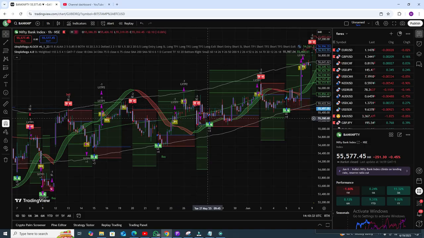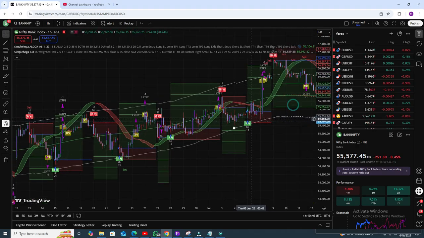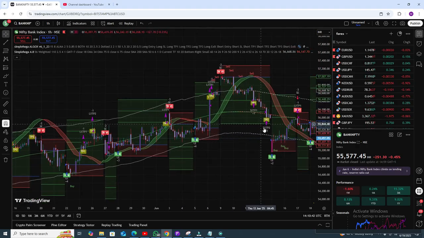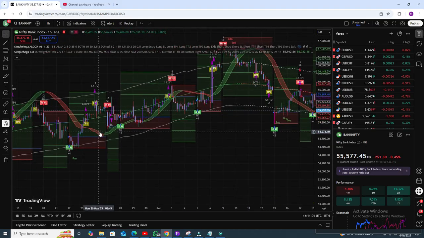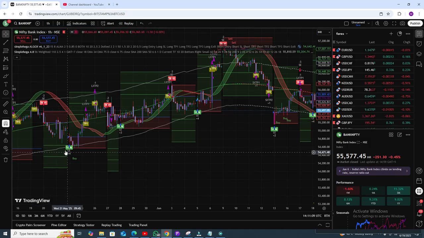This short position did not give you some good profit, but this one is profitable. That is actually a profitable trade. That is another one, that is another one, and you can see almost all the trades are profitable. But if you need more and more accuracy, RSI can help you. Like this RSI is red, so the short position is more helpful. And here you can see this RSI is green, so the buy position is very helpful. Here you can see the short position and RSI is red, so this is a very good accuracy.